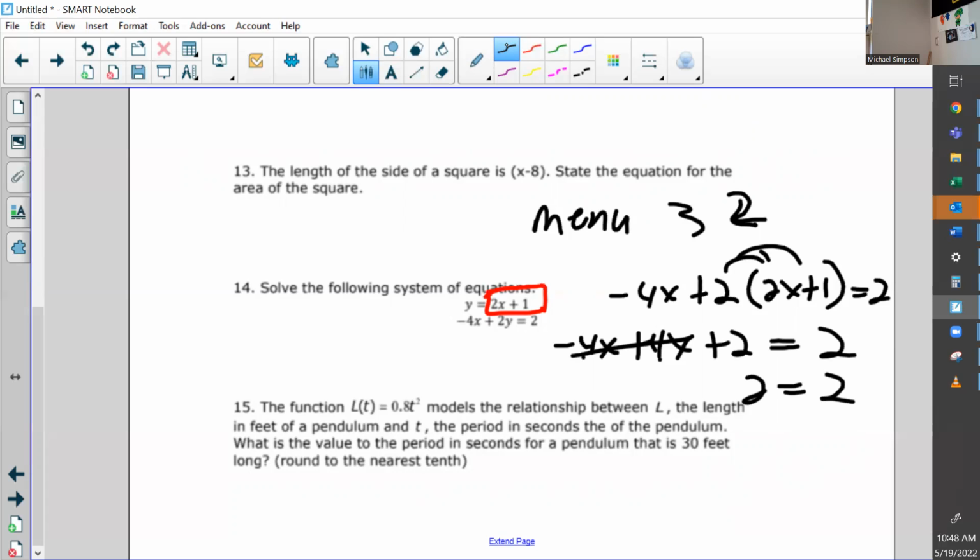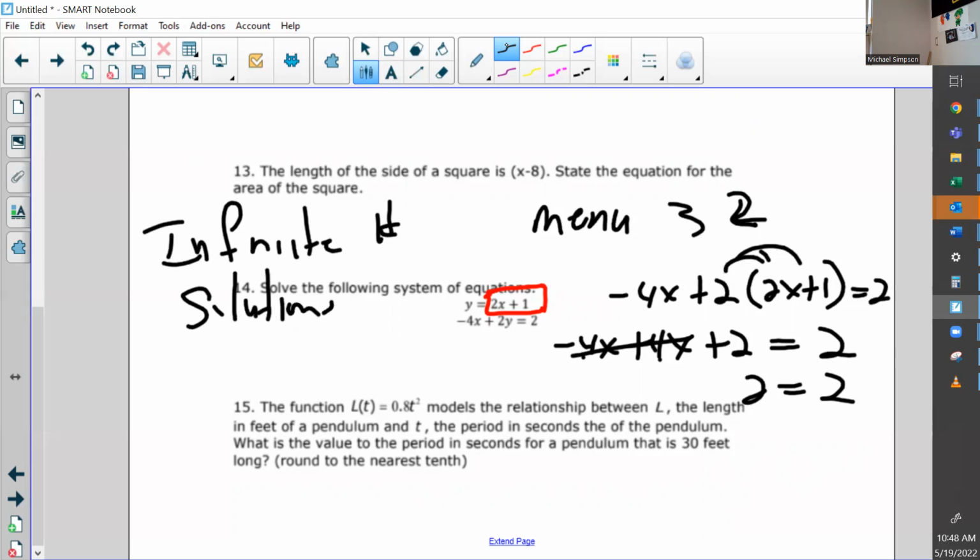When the left side equals the right side, that tells you the answer is an infinite number of solutions. Infinite number of solutions just means that the lines are the same. That's all it means. All right, 2 equals 2. On number,